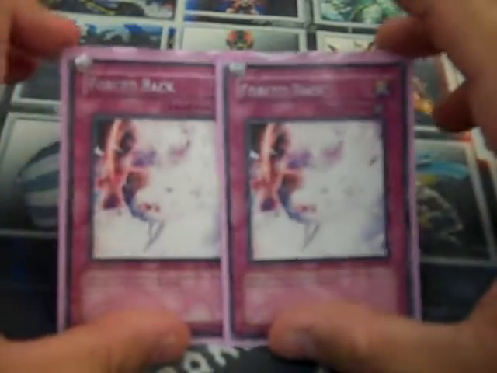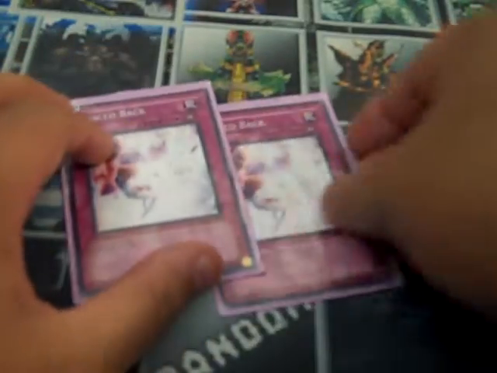Mirror Force back, yay, I get to draw. You lose a monster, it goes back to your hand. I do have a side deck idea now where I'm going to, in most occasions, maybe side either these out or one of my other counter traps and throw in something like Black Horn of Heaven, because it's actually a really good